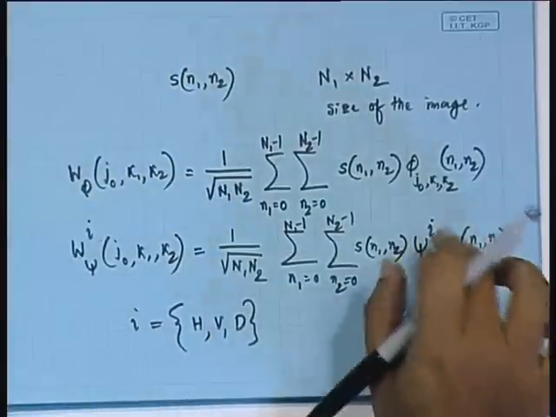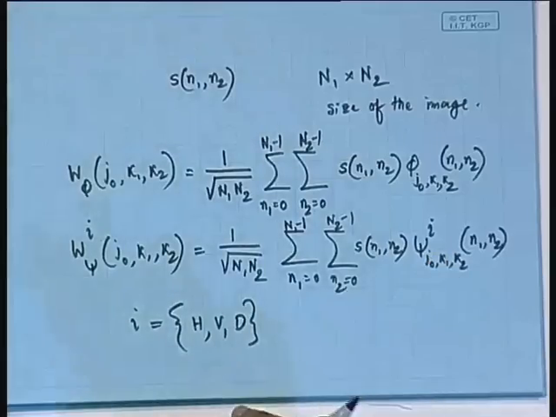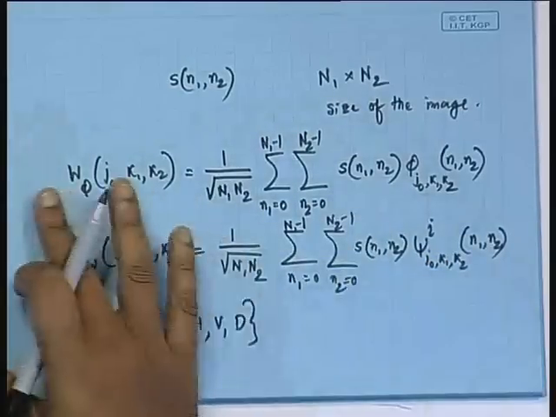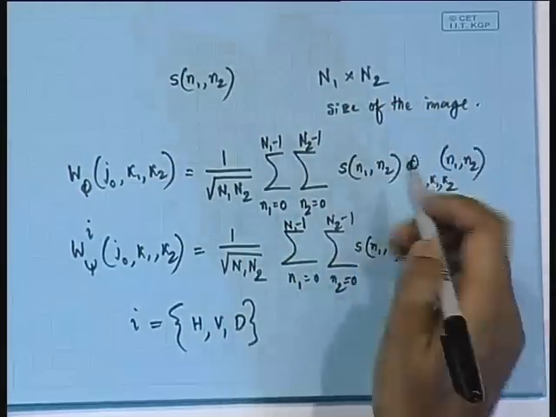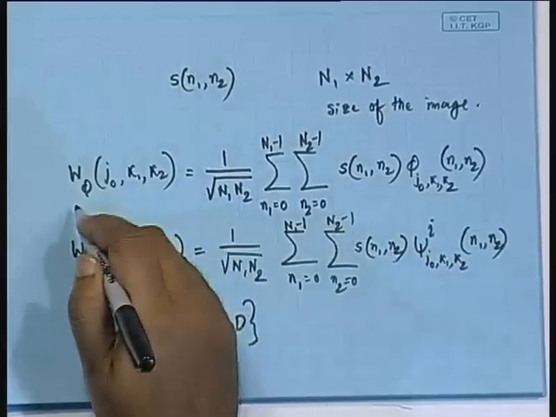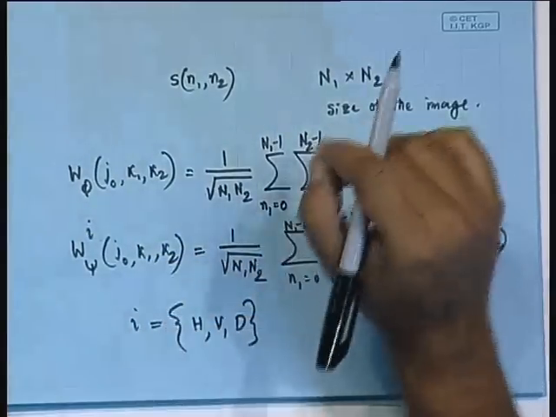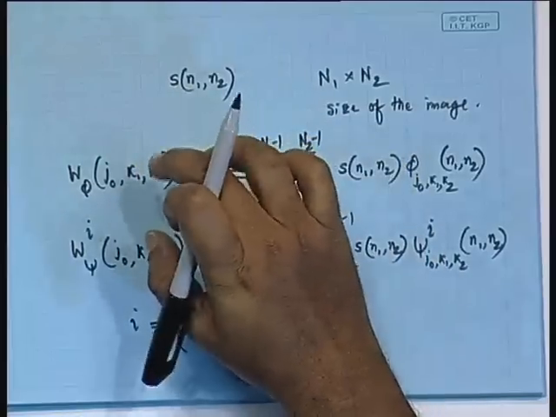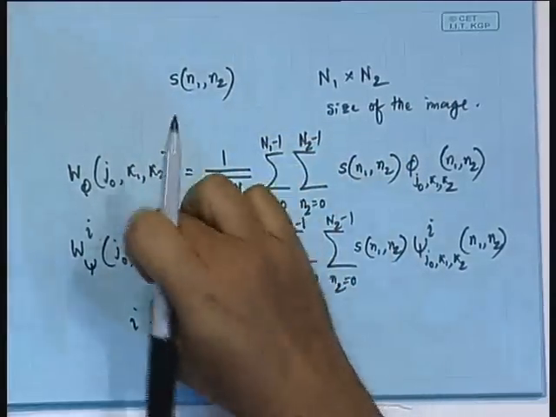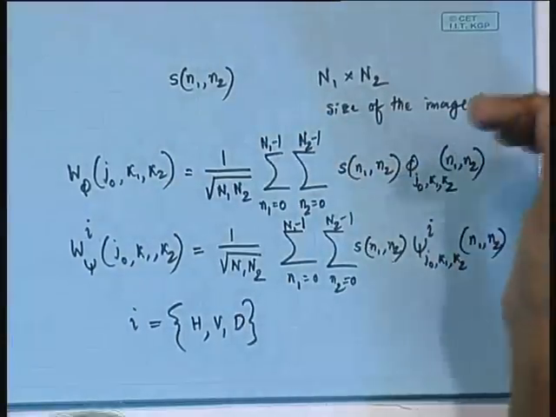So, accordingly the transformation kernel will be arranged. So, this is how from S N1 N2 you are obtaining the scaling function filtered and the wavelet filtered images. Okay. You are obtaining W phi and the 3 W psi filtered